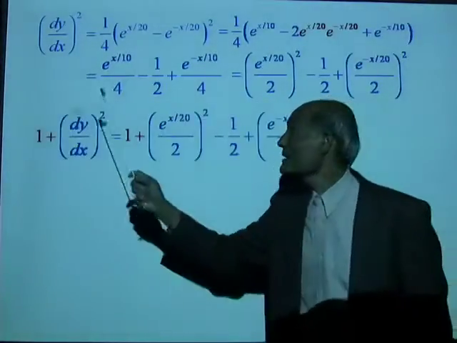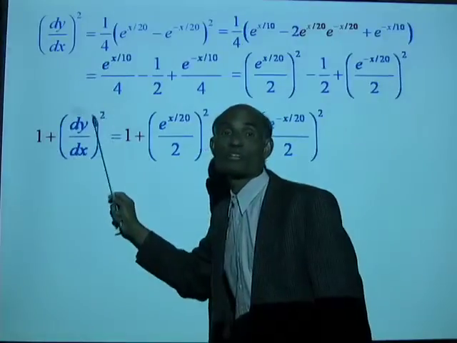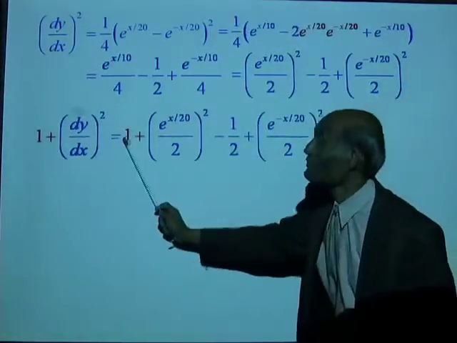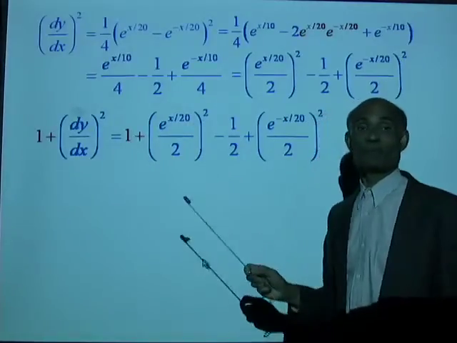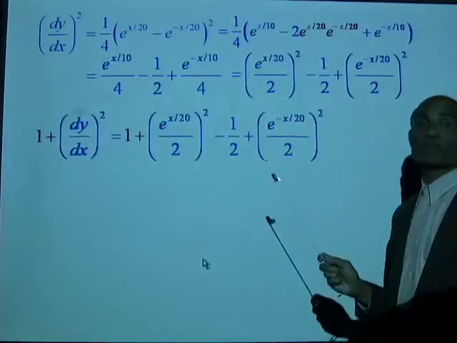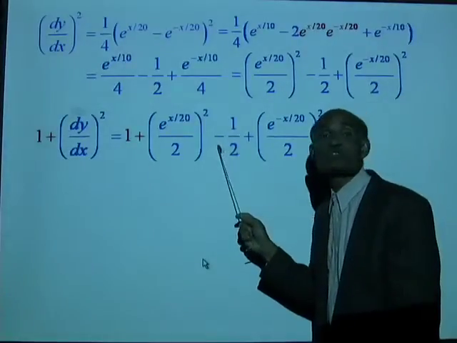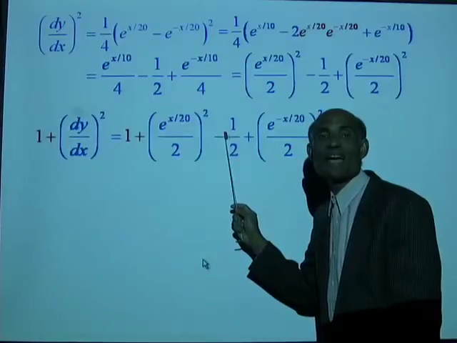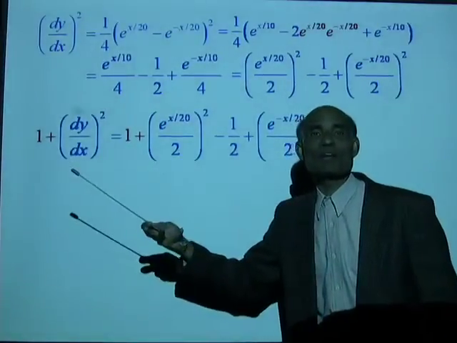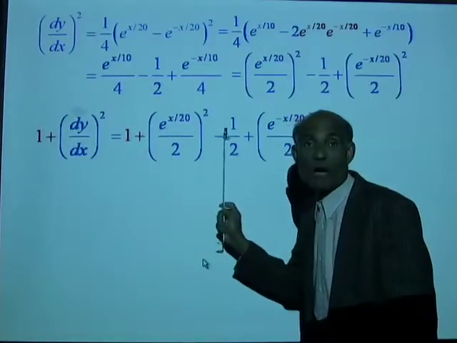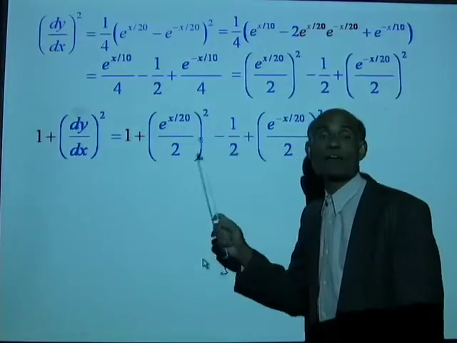We want 1 plus that quantity raised to the power of 2. All we need to do is, on the right side, you add a 1. That is 1 plus all this quantity. And the only change that will come there is 1 minus 1/2 will become positive 1/2. So, as a result of adding this 1, this negative 1/2 became